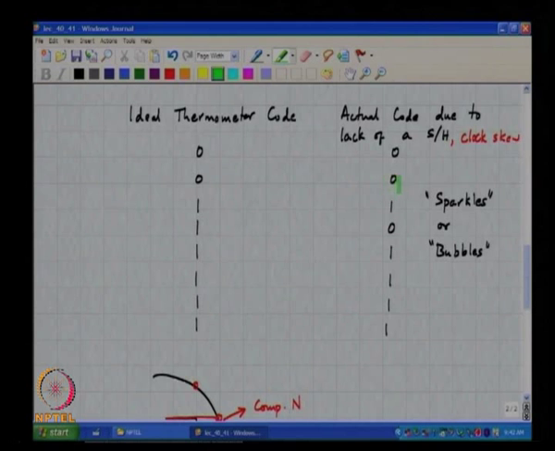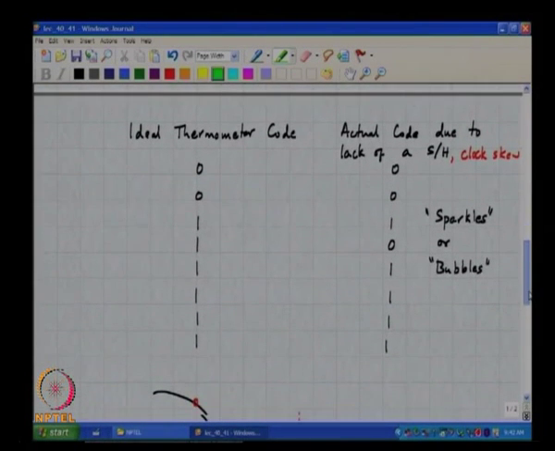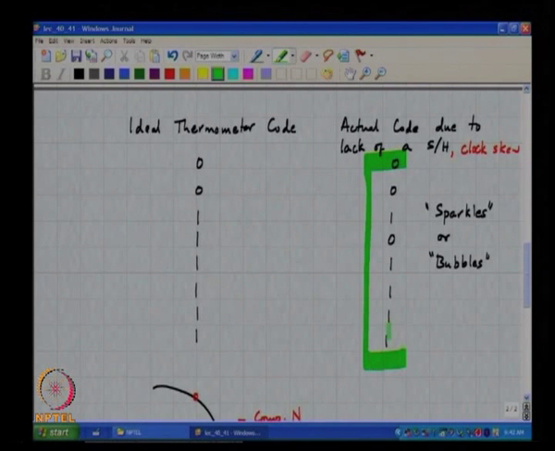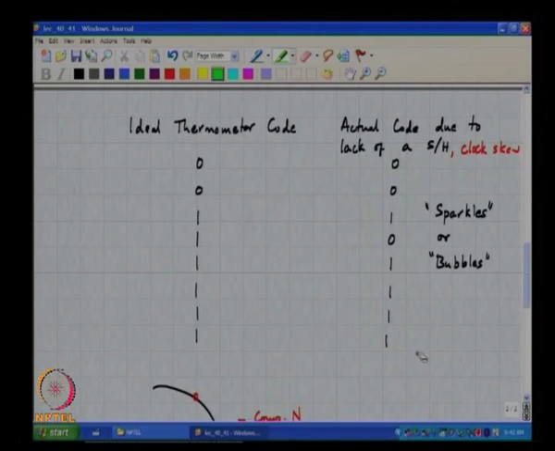So, basically the idea is to say, now I am not going to give the transition detector the actual thermometer code I get, because it could be in error because of bubbles or sparkles. What I will do is fix the thermometer code so that it is a true thermometer, and one way of doing that is to say the output of this particular comparator is not just its own output, but I look at my neighbors and give out a majority. For example, if I do a majority of 3, majority can't be of 2, you would have an odd number of comparators, for this particular comparator, for instance,